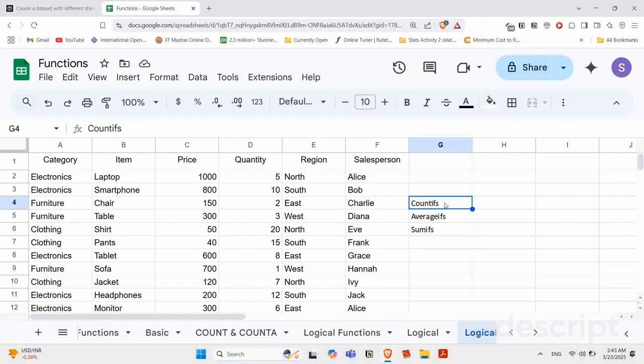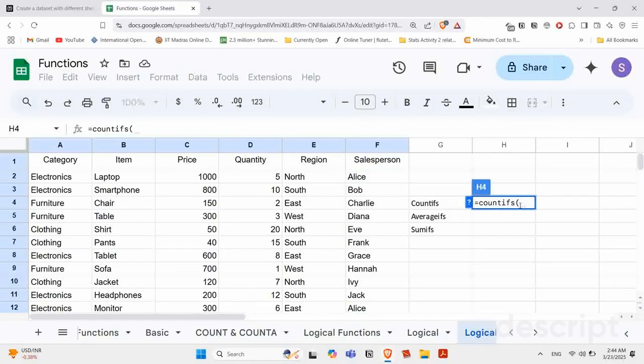So it's really easy to remember. If you have multiple conditions, then COUNTIFs. If single condition, then COUNTIF. So let's say I want to find out how many electronics items Alice sold. So for COUNTIFs, we need to write the range for the first criteria. So here I'm going to select category, Control Shift down arrow, and it would select the whole column, then comma,